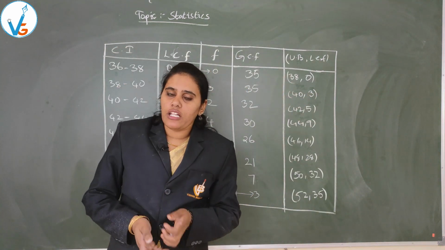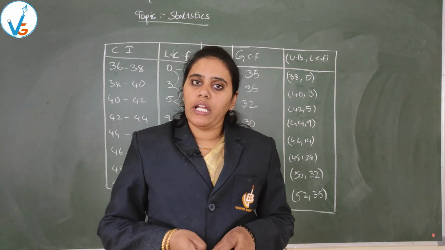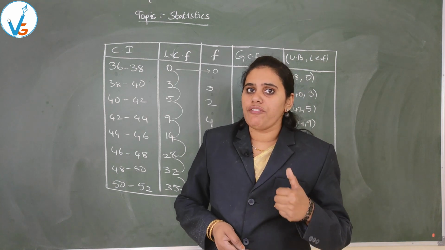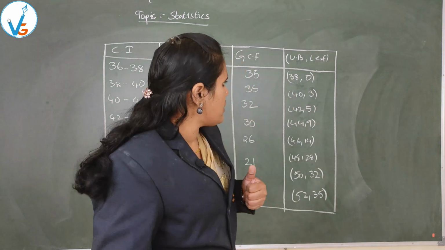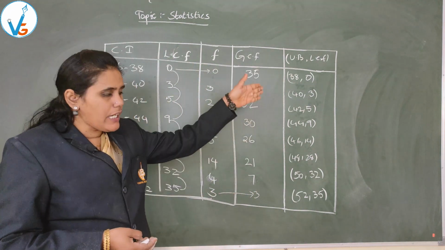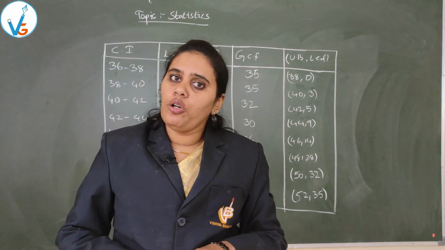After pairing all the pairs you have to draw a graph in your graph book. You will get a particular graph, the less than ogive curve. Less than ogive curve means from where will it start? It will start from the downside and it will move to the upside. Okay, try it at your home.